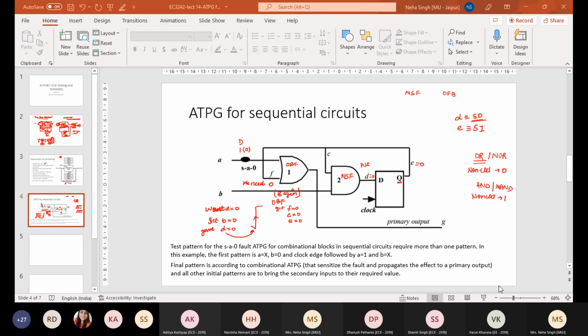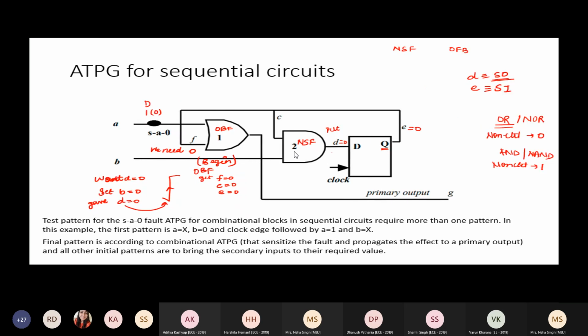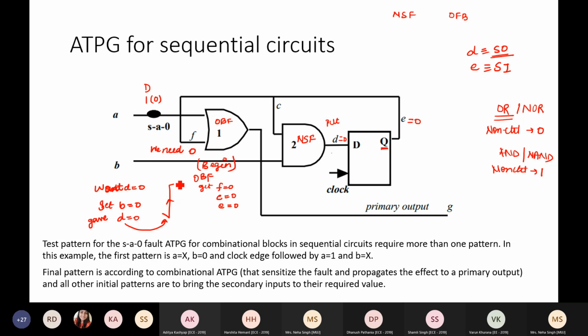Okay. So clock edge आने से पहले I ensured that this value d is equal to 0, so that after the clock I get this secondary input at my OBF equal to 0 and the fault is propagated and seen at primary output. तो अब clock edge के बाद my primary output is